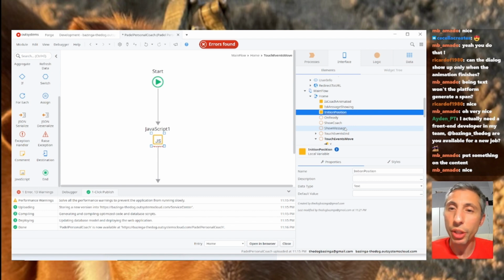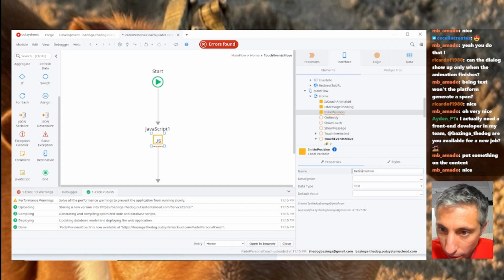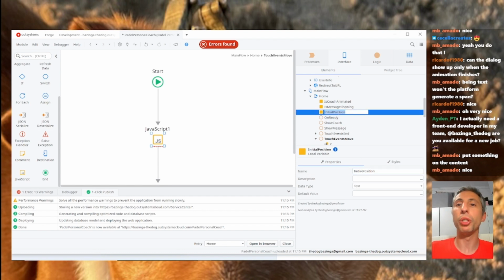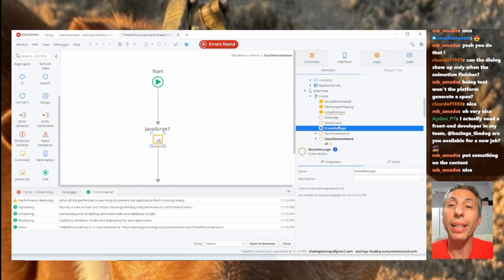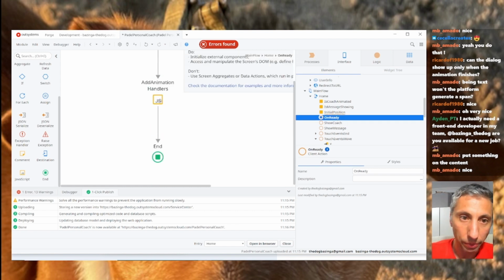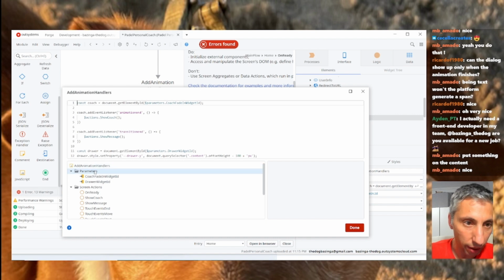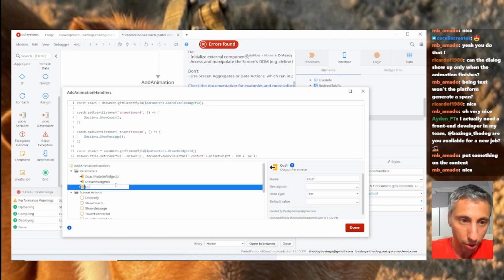The initial position is the position that I get when it starts, right? So on the onReady,